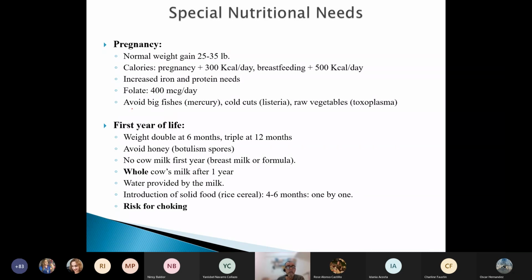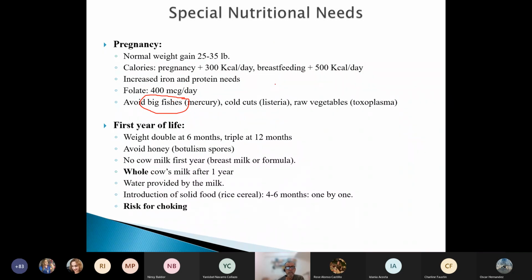Don't forget that women need to be very careful with big fishes, especially tuna, but any other big fish, okay? Probably you are more knowledgeable about fishes than me, but tuna is the most frequently used example because they have a high content of mercury, because our oceans are very contaminated with mercury, and the bigger the fish, the predator fishes, okay, are having more mercury content in their flesh, okay?